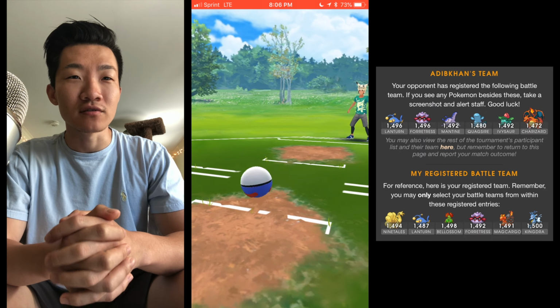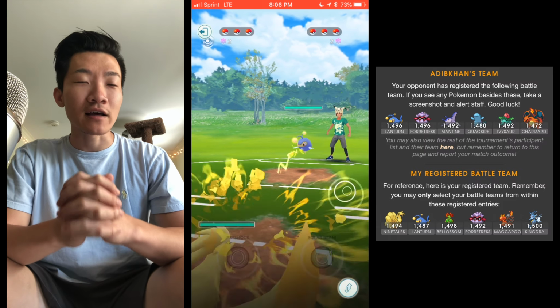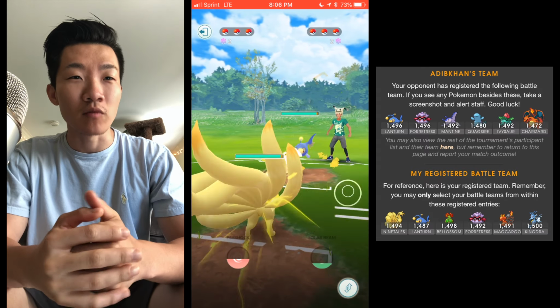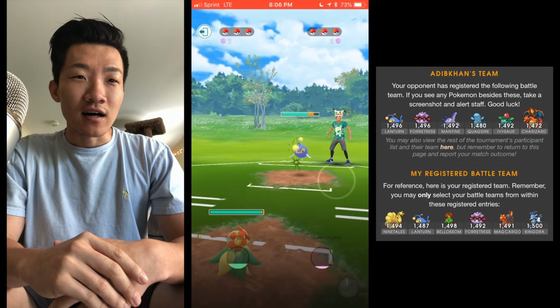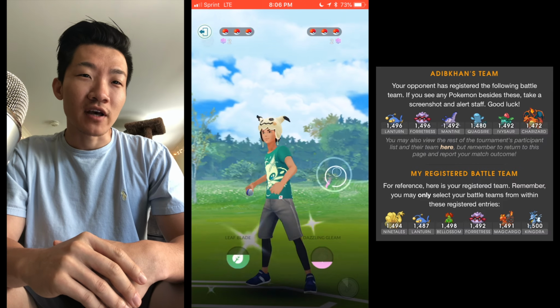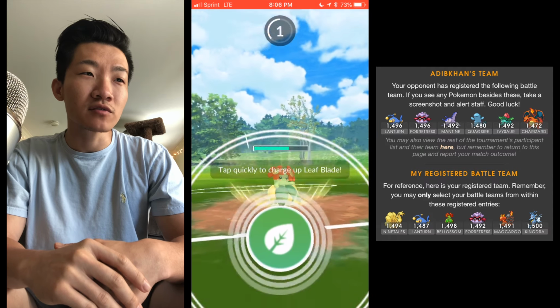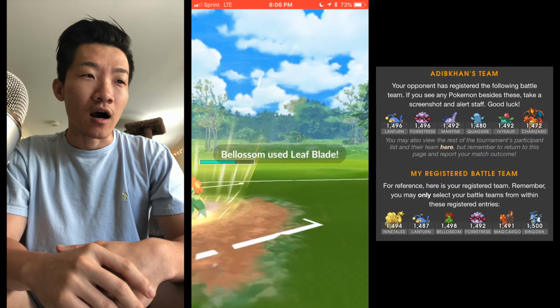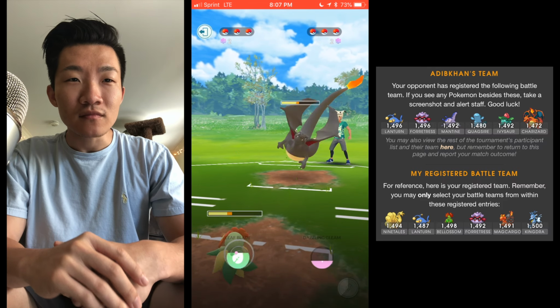And now we're going into round number 4 and the last round. And so I'm going against Adib Khan. And like I mentioned in my last video, Adib is a really strong player, despite his rankings, because he missed a few rank ups. And so he opens up with a Charge Beam Lantern, and this is not really great for me. And so I go in this matchup with Ninetales, Macargo, and Blossom,